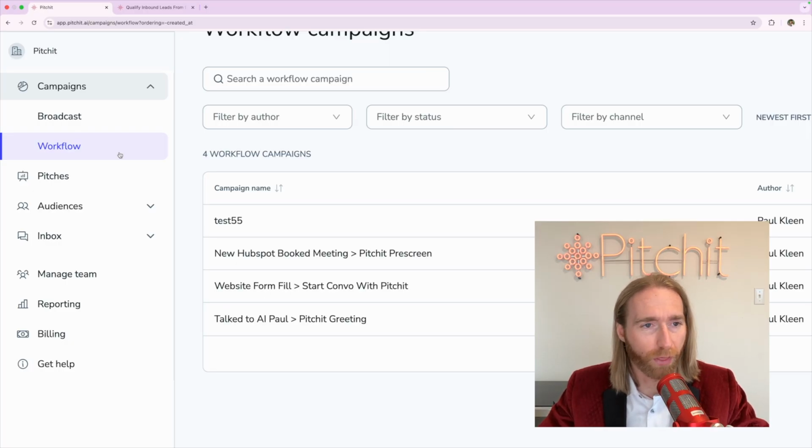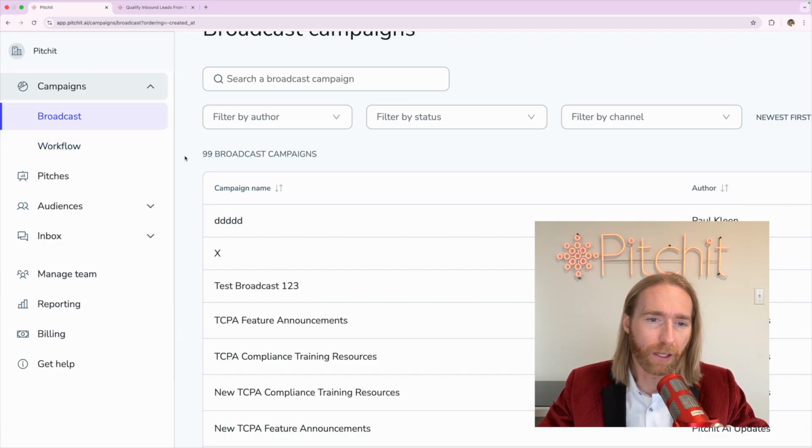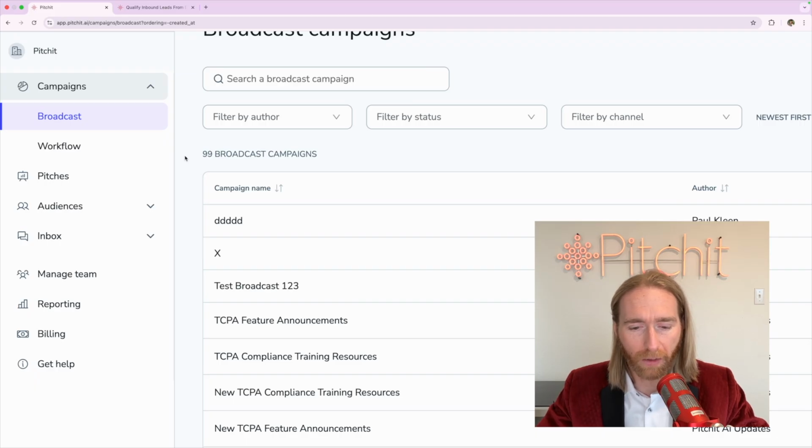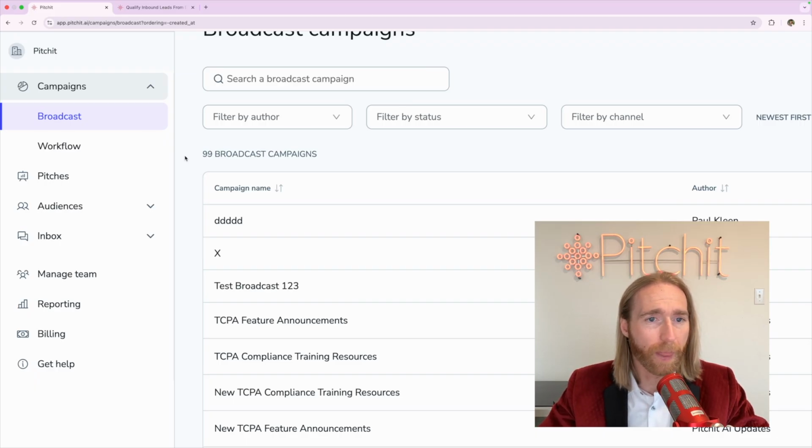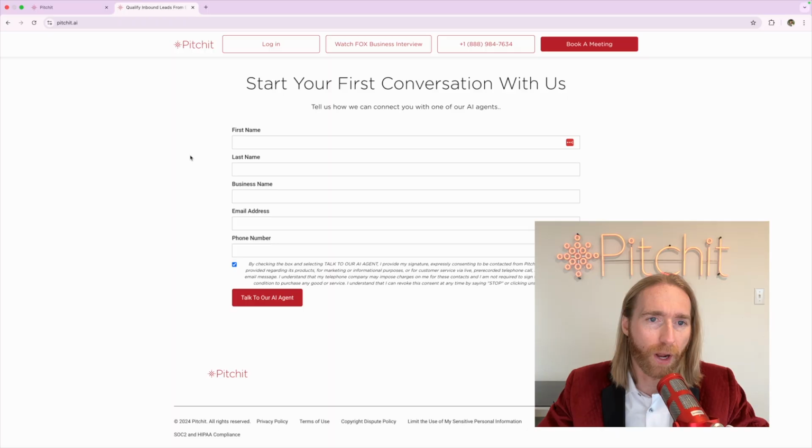And so we'll run through that exact use case by rebuilding the website form fill workflow we have in this dummy account, and we'll build it again together. Broadcast is a little different. So it's the same in that the follow-ups feature still works the same, but it's different in that broadcast campaigns